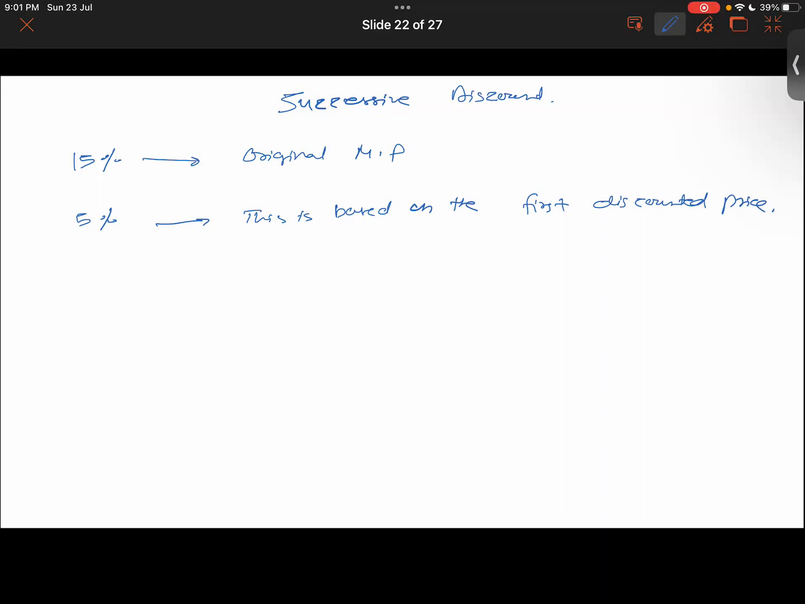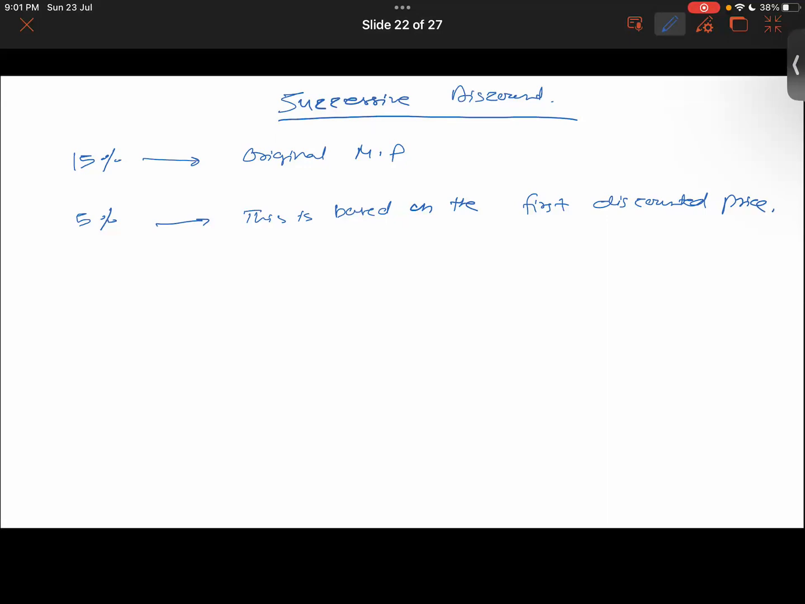Now in the next question, sir, we will be solving a few more questions on successive discount, so that it becomes clear. And then we will also talk about goods and service tax and value added tax. Like what is value added tax, or what are the